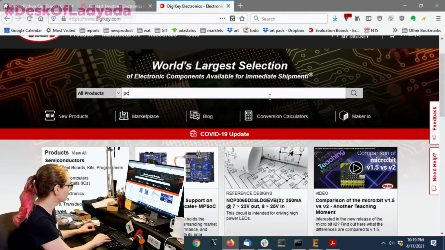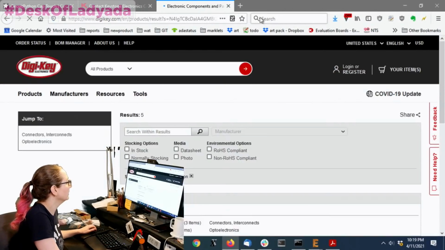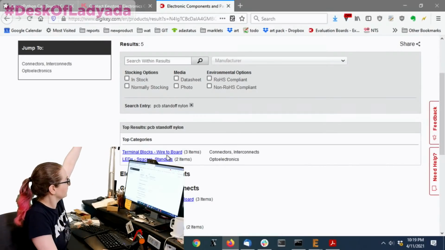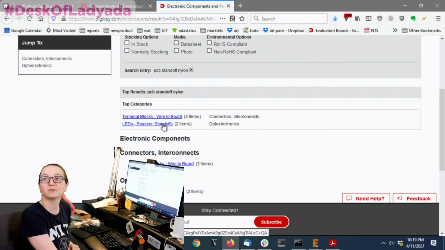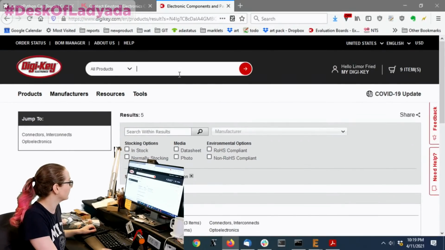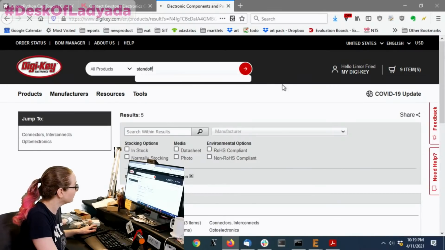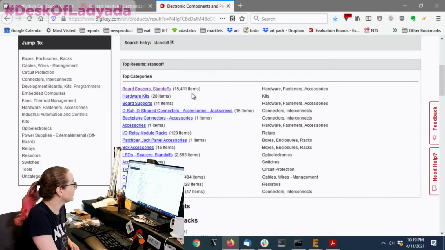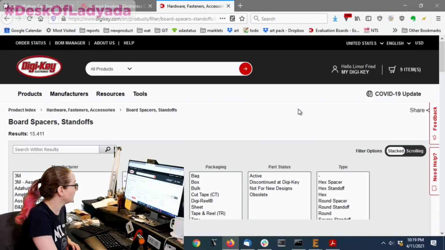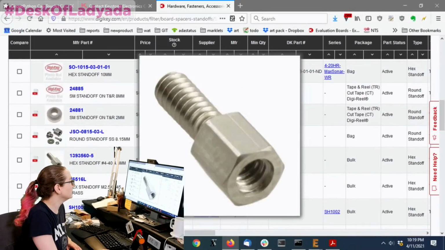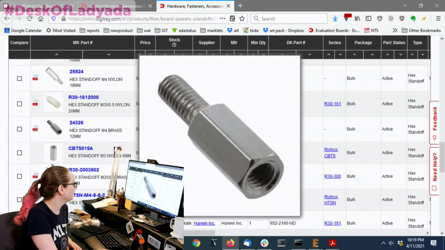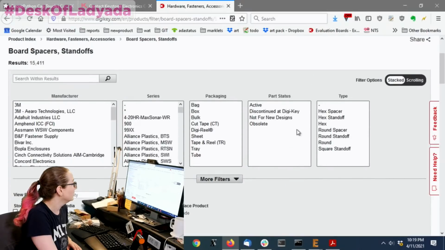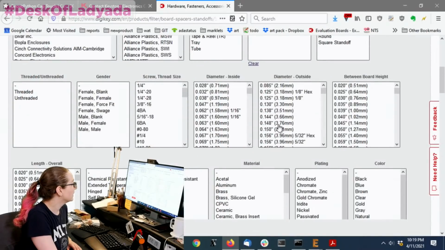So I actually originally looked for PCB standoffs. So it's like, oh, this is a nylon PCB standoff, right? There's almost nothing that came up, and there was like LED spacer standoffs, internal blocks. I was like, okay, well that's not the thing. So then I thought maybe it's under standoff, and it turns out that you can go to board spacers standoffs. But when I looked here, I found a lot of screws and hex thingies and a lot of hex standoffs. And so I was like, well, let's look for active, and